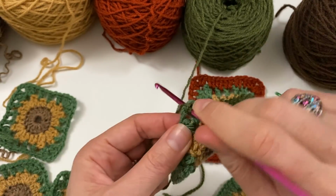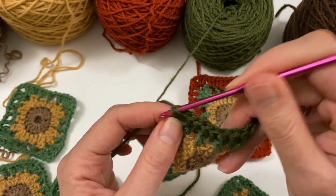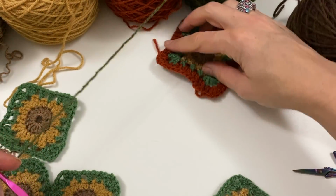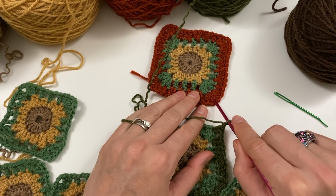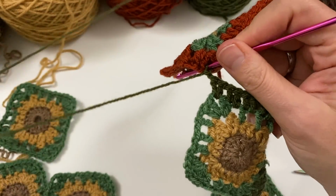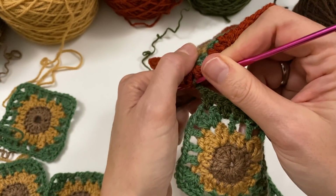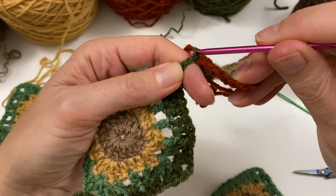And now I do half a corner. So that means you do 2 double crochets and 1 chain. Then you're going to take your square and go into the corner here. Try to hold on to everything. Then wind your yarn around your hook, bring it up through the hole there, and just do a slip stitch,